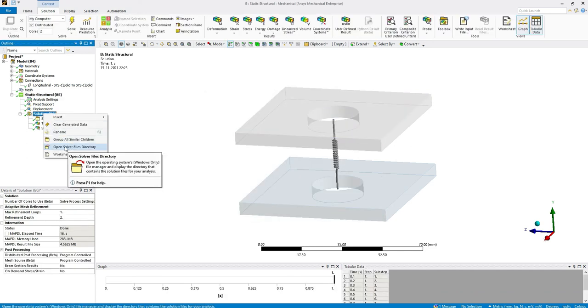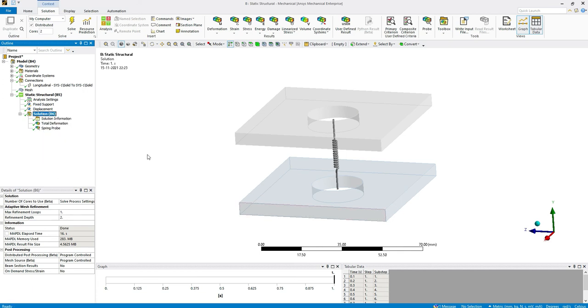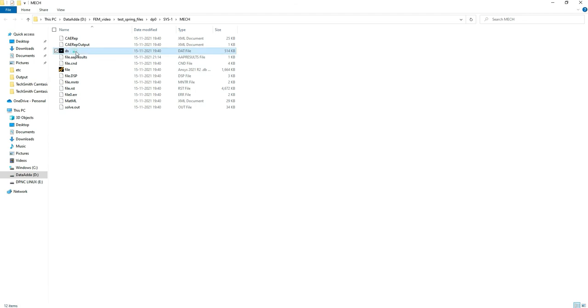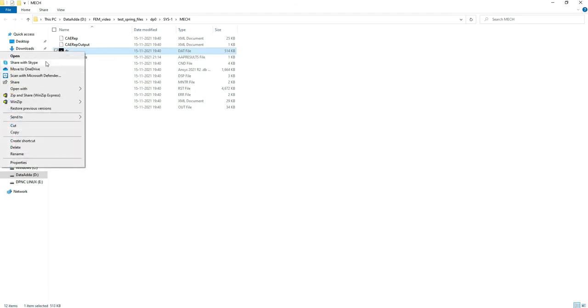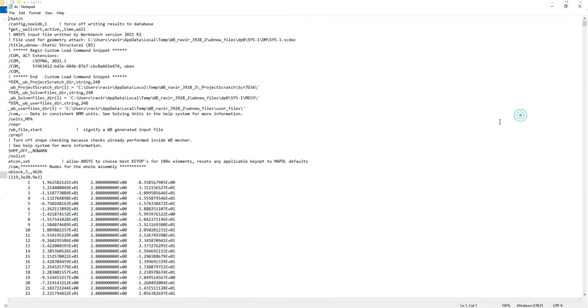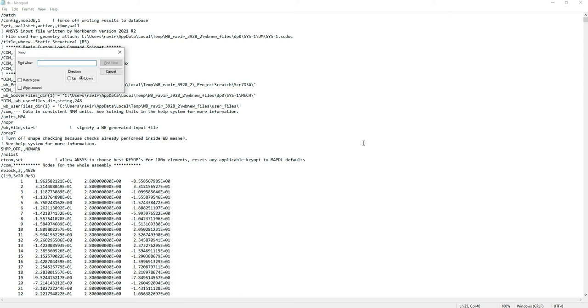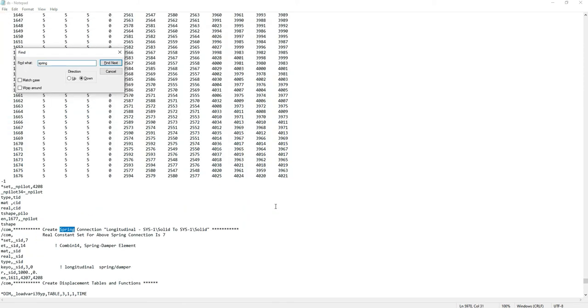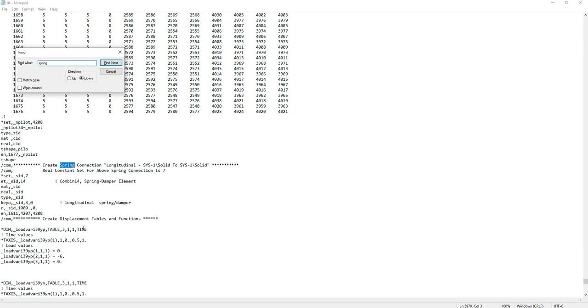Next, another option is that after the model is solved, you can right click on the solution, open solver directory and then open the DSDAT file that is present in the solver directory. Open the notepad and then you can directly search for the spring. Once I search for a spring, it will show the solver commands.